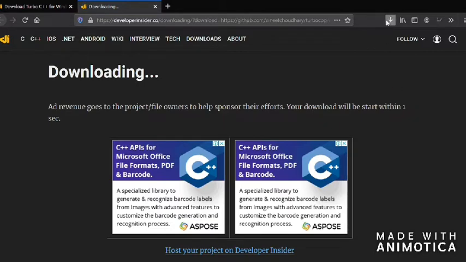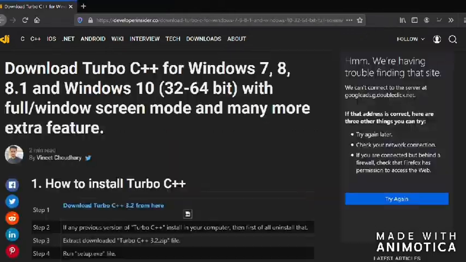Yeah, it's already being downloaded, just wait for it to download. Once that is completed, what you have to do is extract the downloaded Turbo C++ 3.2 zip file. Go to the file location.